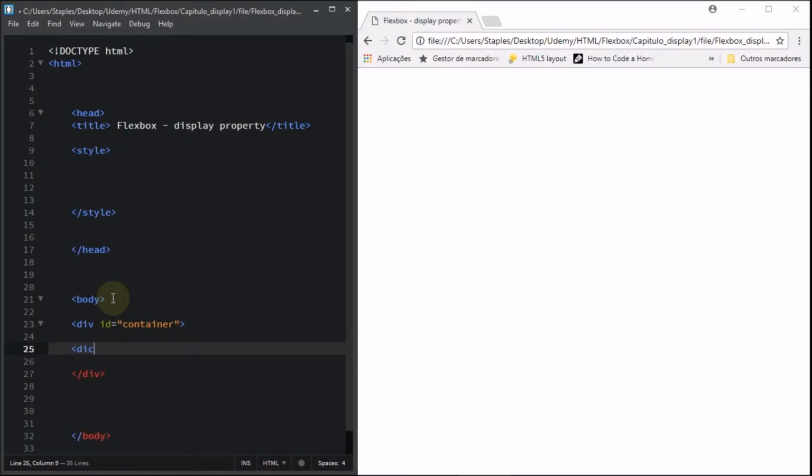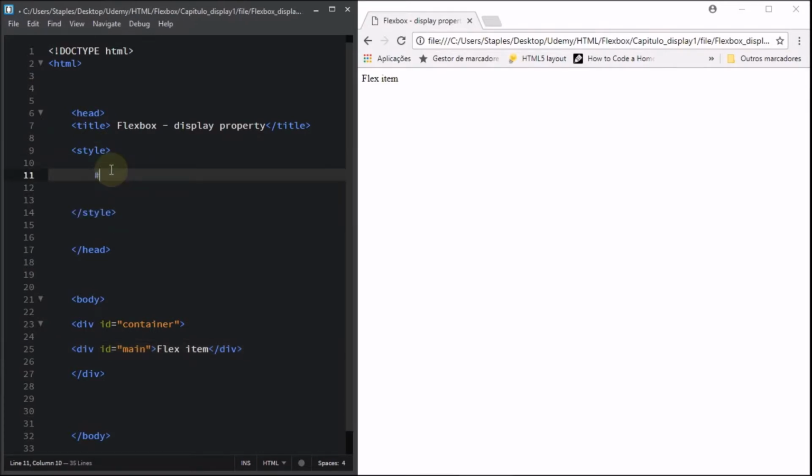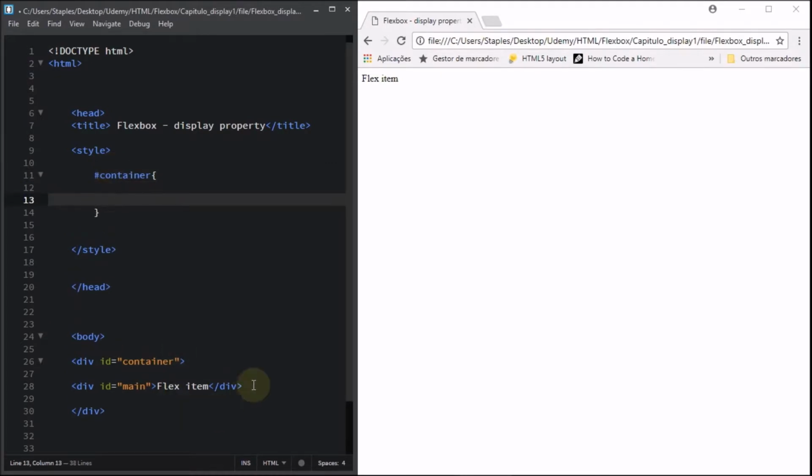And inside the container I have my main div that receives text and works as a Flex item. This is the only code that I need inside my body tag to create a container and a Flex item. Now I write my CSS code inside the style tag to edit the layout of the page. The div container will be my Flex container and the main div the Flex item, like I said previously. If I want to add more Flex items, I just need to add new divs inside the container like I did